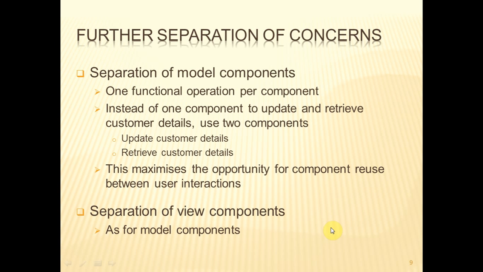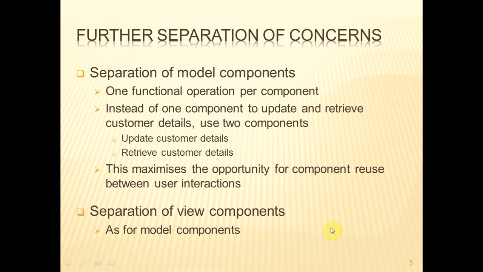So instead of having a component that will update and retrieve customer details, we should use two separate components. Both of them are model components. One will be responsible for updating customer details. The other will be responsible for retrieving customer details. Those two components are functionally separate. They might be operating upon the same data, but one of them will be updating, the other retrieving, so they're